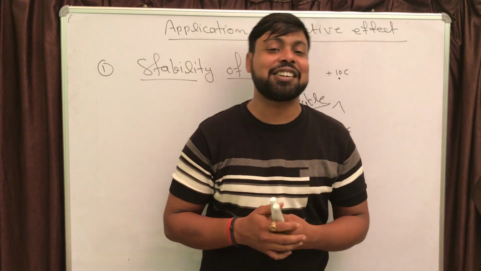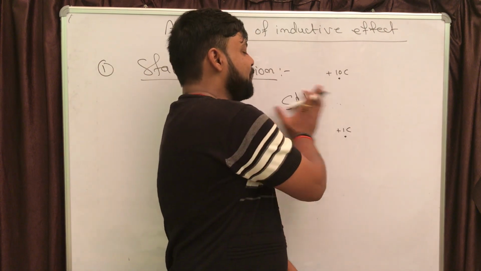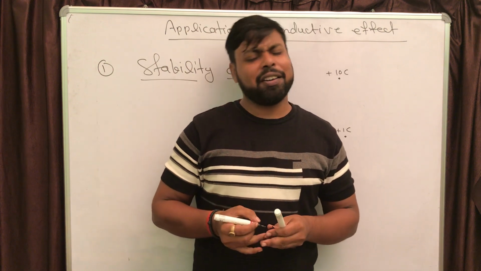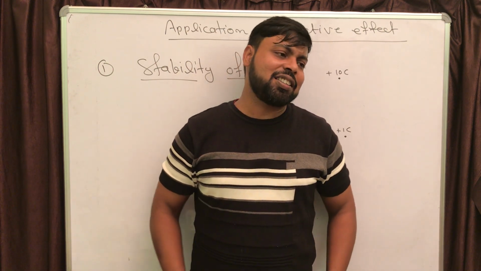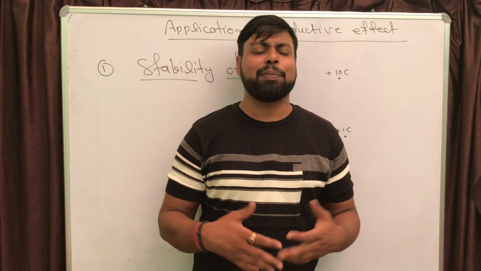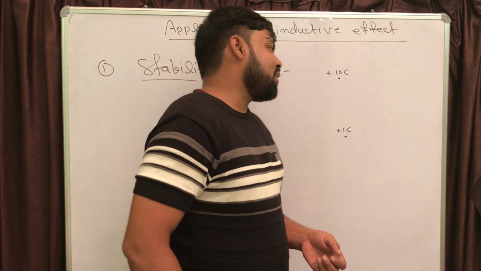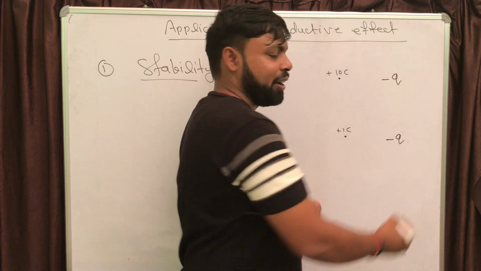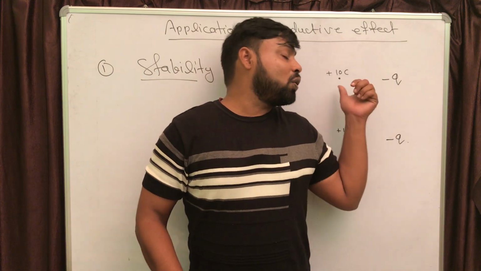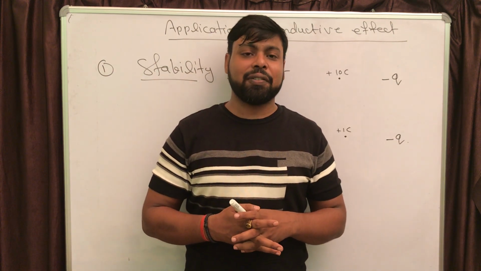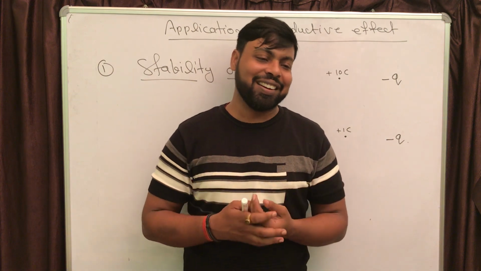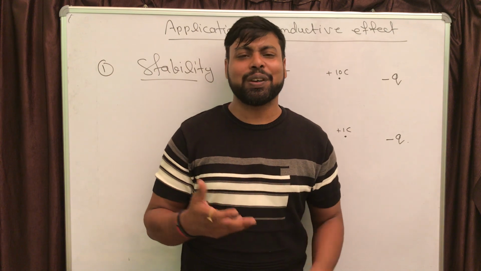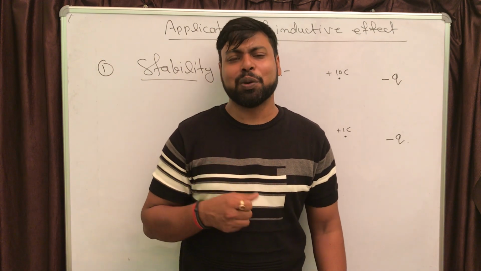And let us try to understand why. Let's say you have two point charges and you are placing them in an open environment. Definitely, if these are positive charges, they are going to attract negative charges or repel positive charges. So let's say one more thing, we have a minus q charge in the open environment. A 10 coulomb charge is going to have a very strong electric field as compared to a 1 coulomb charge. Definitely, if the charge is more, the electric field will be stronger.